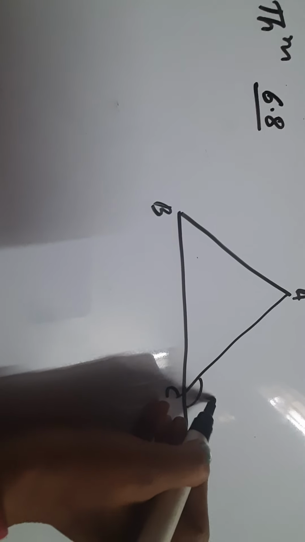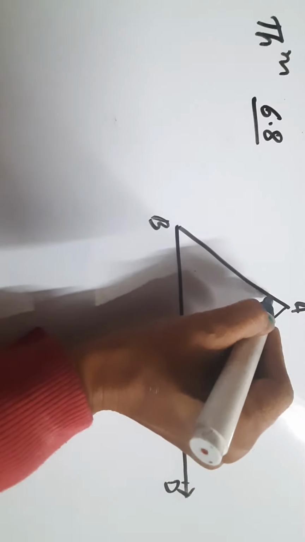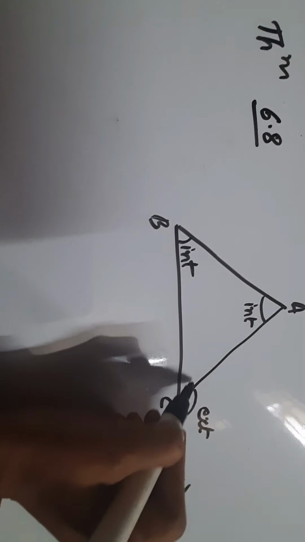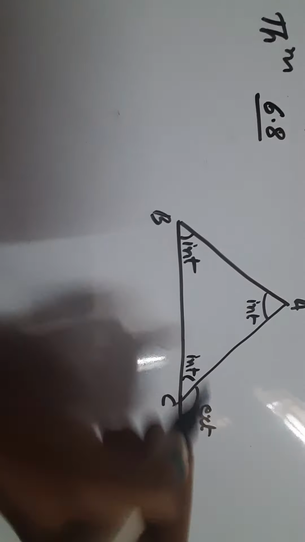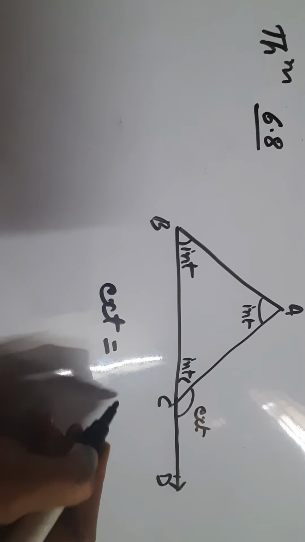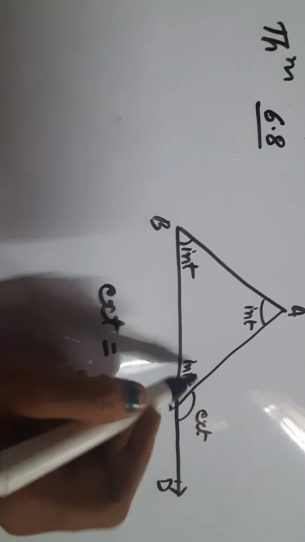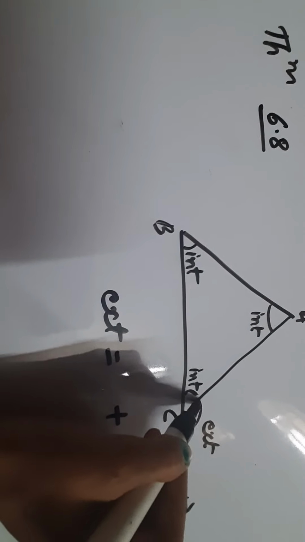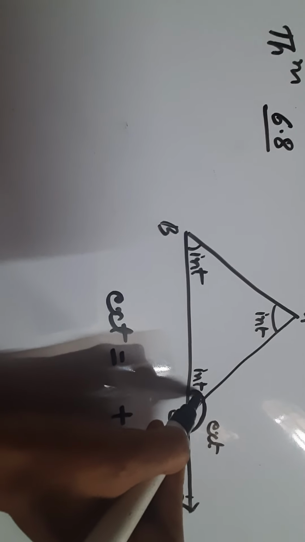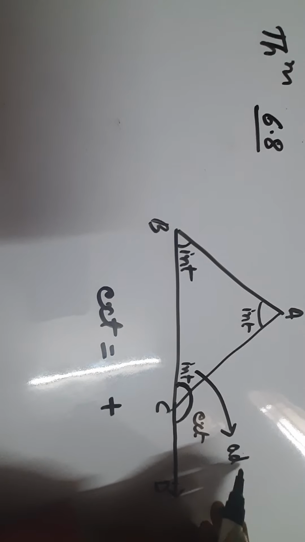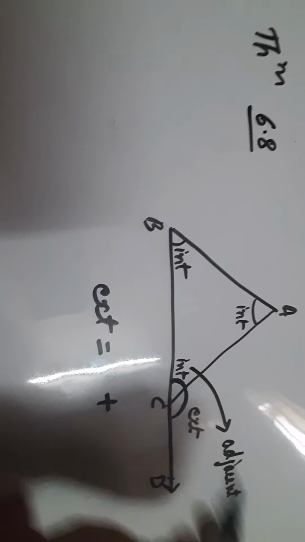यहाँ पर ये कैसा एंगल बन गया है? एक्सटीरियर एंगल. और ये जो अंदर लाई करते हैं ये क्या होते हैं? इंटीरियर एंगल्स होते हैं. Then the exterior angle is equal to the sum of the opposite interior angles. Now we have three interior angles. Which one is opposite to this? Dear students, जो उसके साथ ही इंटीरियर बन रहा है वो तो होता है एडजेसेंट. That angle is known as adjacent. वो साथ ही बन रहा है.